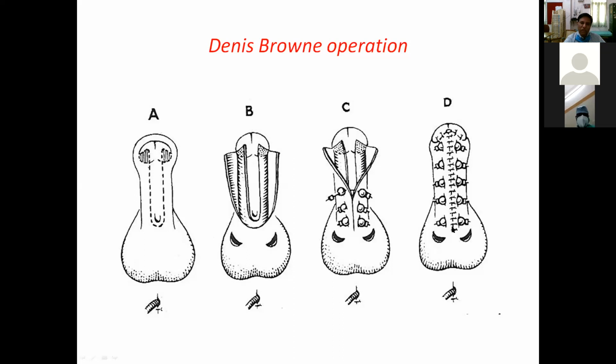Neourethra is formed after a certain time. If there is any tension on the skin closure, you can do relaxation incisions on the scrotal wall. Meanwhile, the bladder is drained by perineal urethrostomy. Another opening is made in the urethra in the perineum. The catheter is kept. From this catheter, urine is being drained till that time the urethra develops in this form. This is the classical Dennis Brown operation.